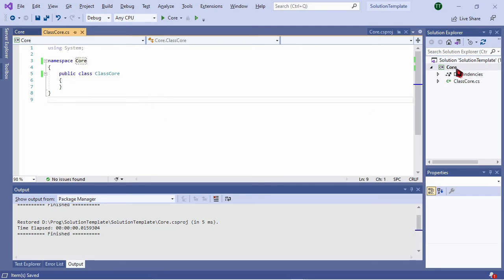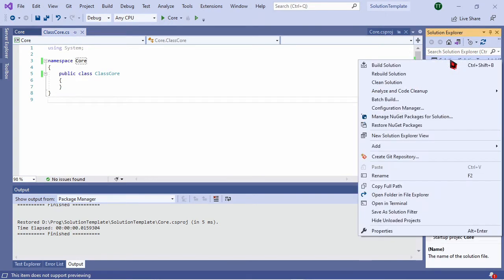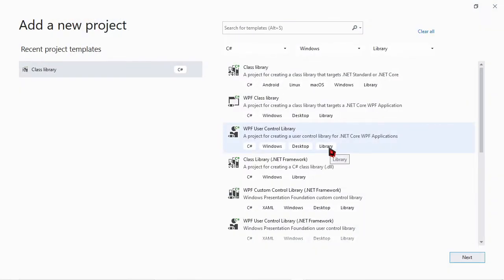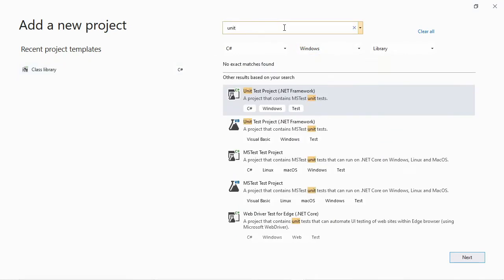Now I'm going to attach to this project a unit test project. So I'm going to add a new project. And this project will be a unit test project. The thing is, if I use a unit test project by default, it is using the MS Test framework.